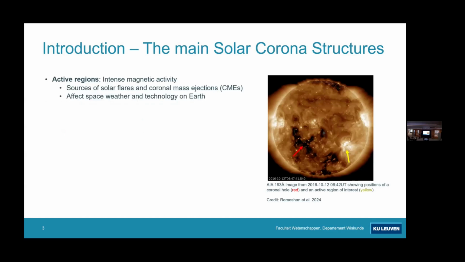So if we observe some AIA data, we can see our Sun, and we can see some very interesting areas that we want to detect. First of all, we have the active regions, like the one that the yellow arrow indicates, which is the main source of flares and CMEs. It's very important here on Earth to detect and identify these kinds of events early